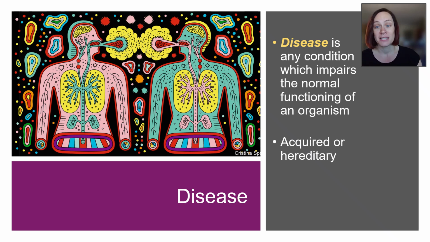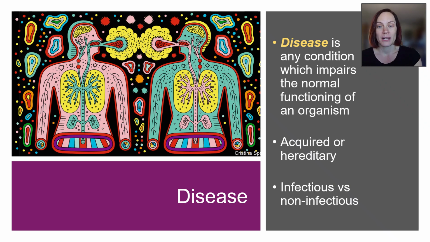They can be picked up in a number of different ways. You can get them from your family members, in terms of genetics and inheriting a disease, or it can be acquired throughout an organism's lifetime. So we're talking about deficiencies in some kind of nutrient, eating disorders, mental illness, some kind of tumor, infectious disease, whatever it is. And really what we are trying to do is look at the difference between infectious and non-infectious